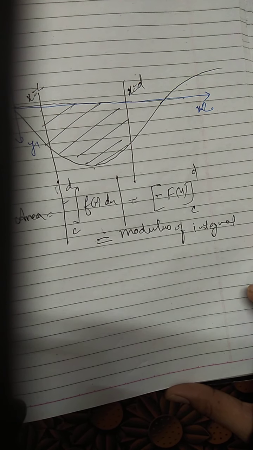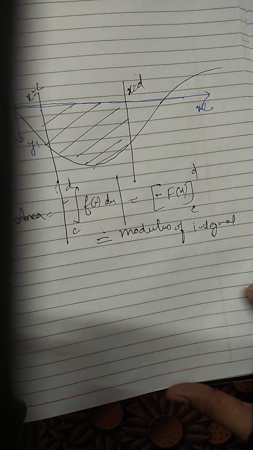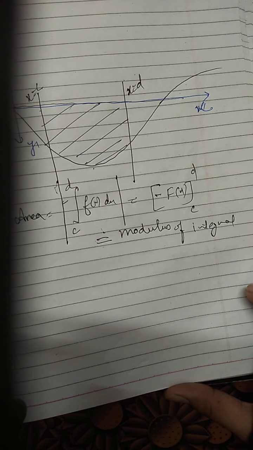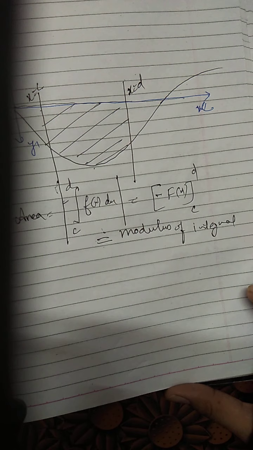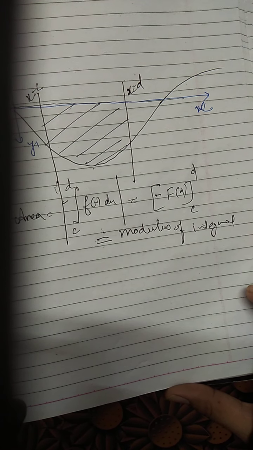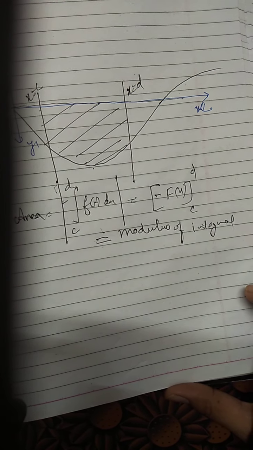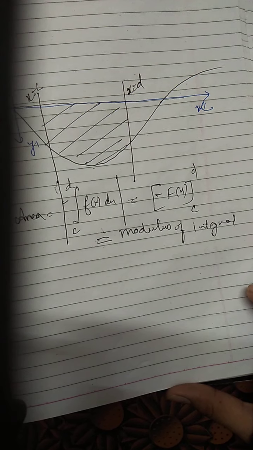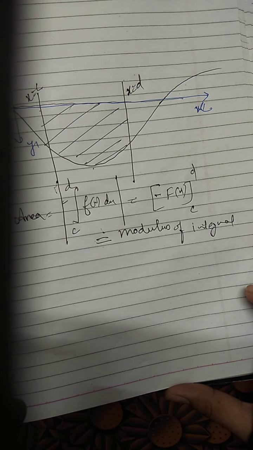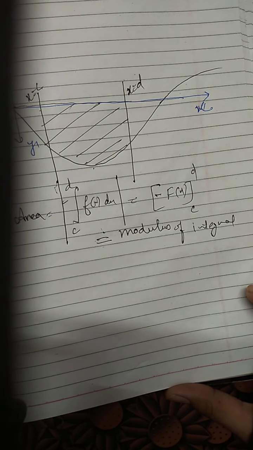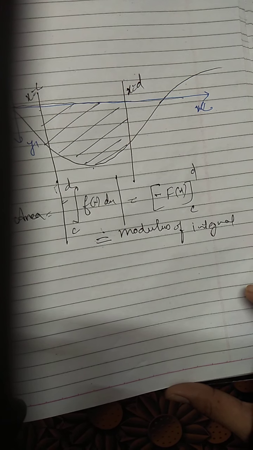Whatever condition is given, according to that we have to draw the rough sketch, and then we will solve. And in the rough sketch we have to draw what the given lines are, what kind of curve we have, and what area we are supposed to find. The area to be found we have to shade also, and everything in the figure must be clear. That is called a rough sketch, and it is important to draw it neatly.